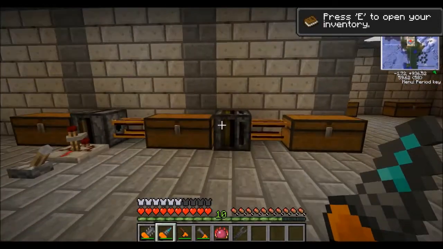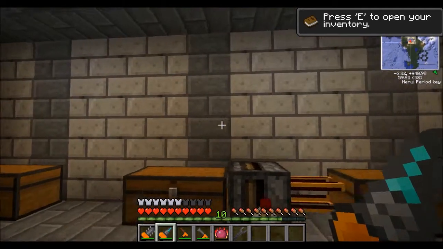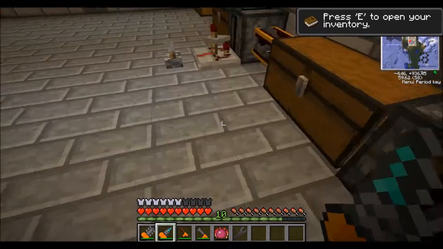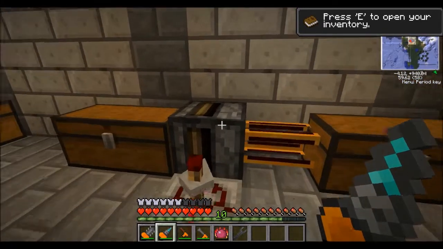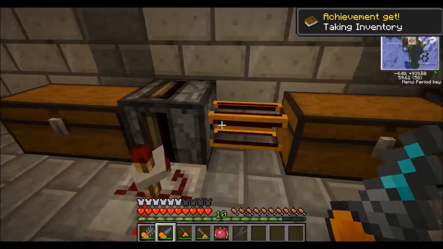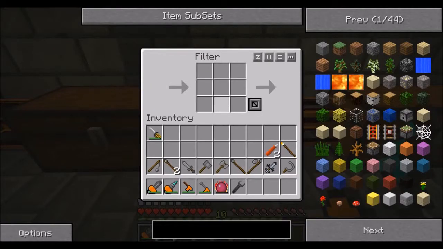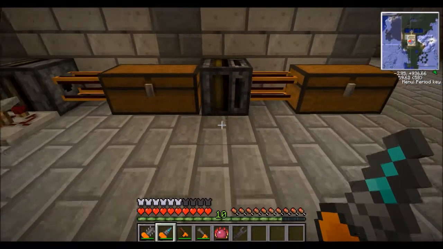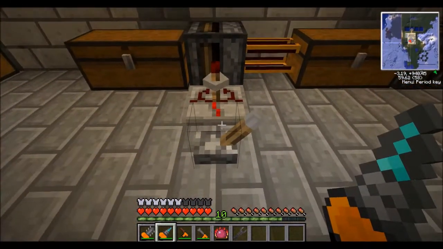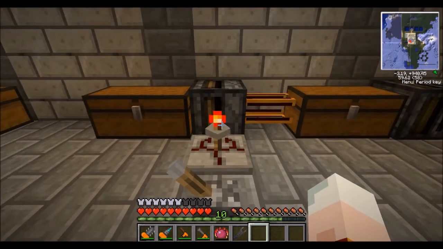Another thing while I'm down here is I've had a look at some of the pneumatic bits and pieces. These are pneumatic redstone pipes, I believe, or tubes. Pneumatic tubes. This is a transposer. And this is a filter. Now the filter's quite difficult to make. It's more expensive than a transposer. Now, if I turn this on here,